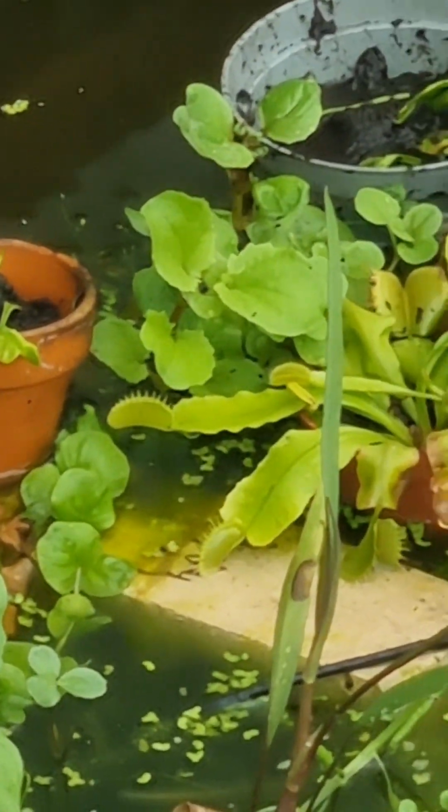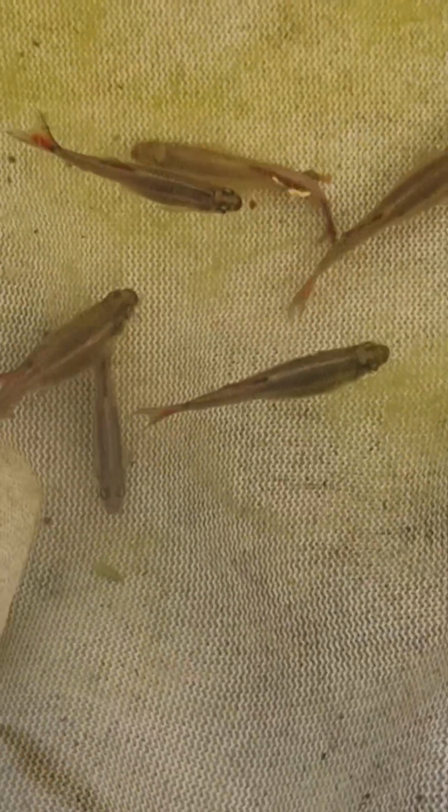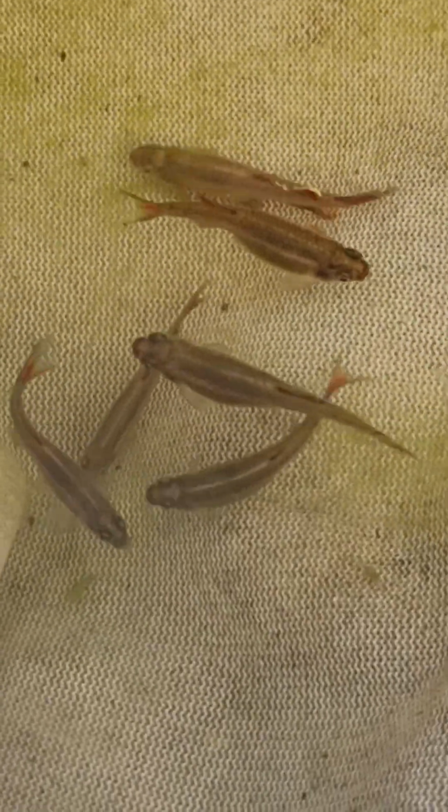There's the Venus flytraps there. And there's the fish. Cool. I caught the newt just now. I also caught these, and these are my white cloud minnow. White cloud minnow are an Asian minnow, and they live in streams in mountainous regions in Asia. That's why they're Asian white cloud minnow, and they don't live in England, so I don't put them into the ponds outside, but they live in the system, in the aquaponics system, and they're beautiful. I'm zooming in